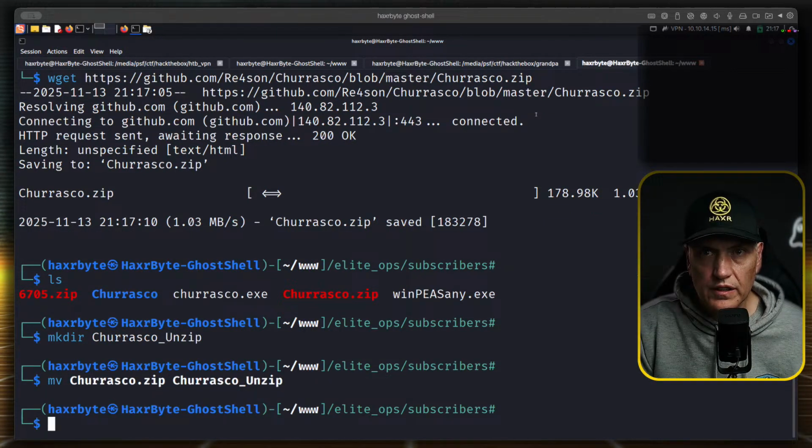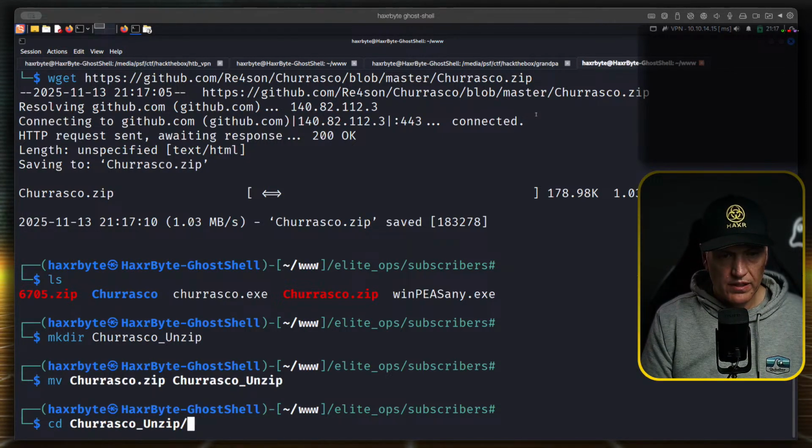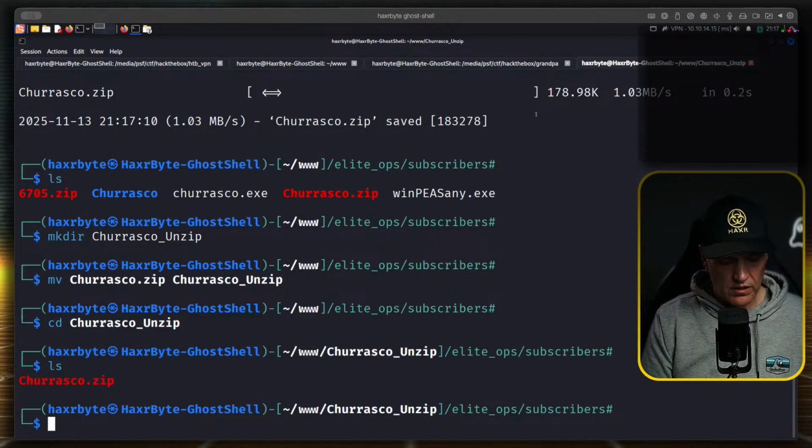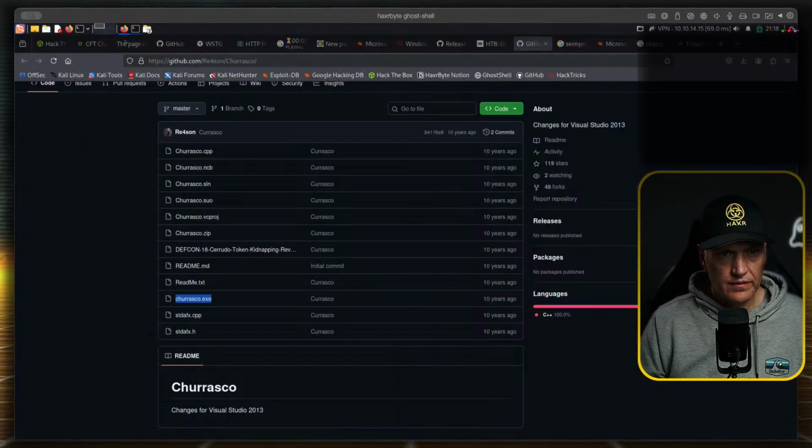I always like to move zip files into folders. I hate it when it populates files into my folder. And then you gotta, it's a mess. Oh, what? Copy.